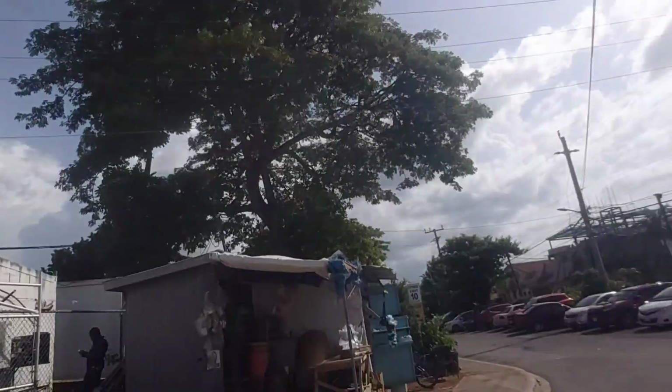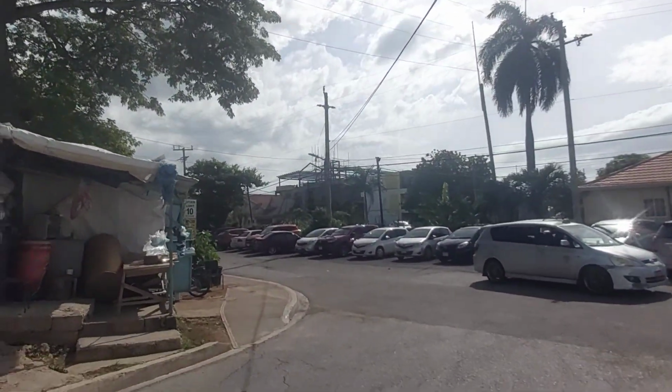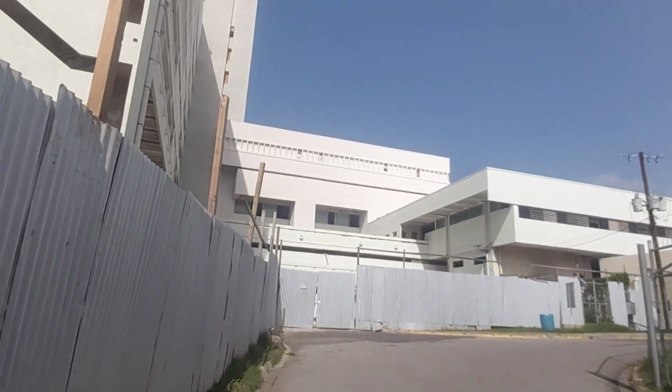It looks like they're doing construction over the SDA church over Herbert Miles or something, I don't know. Anyways, so